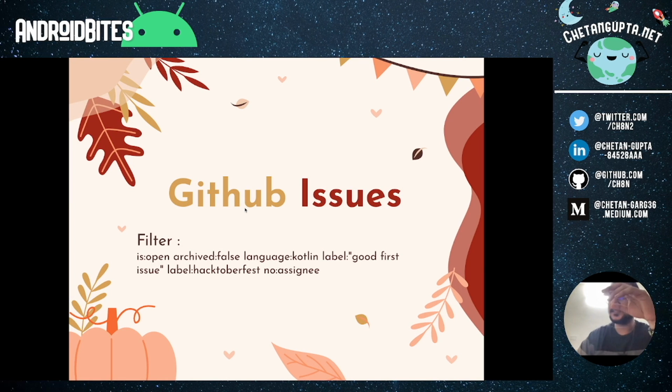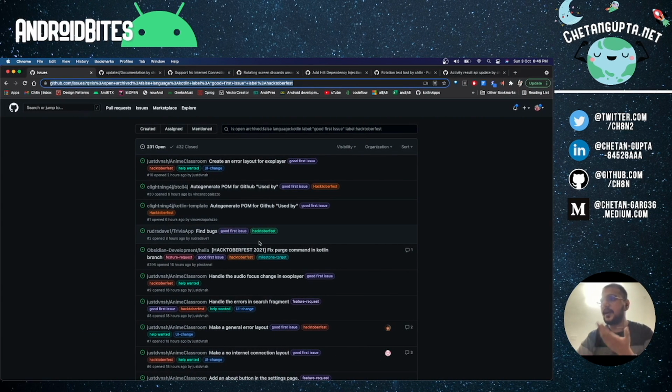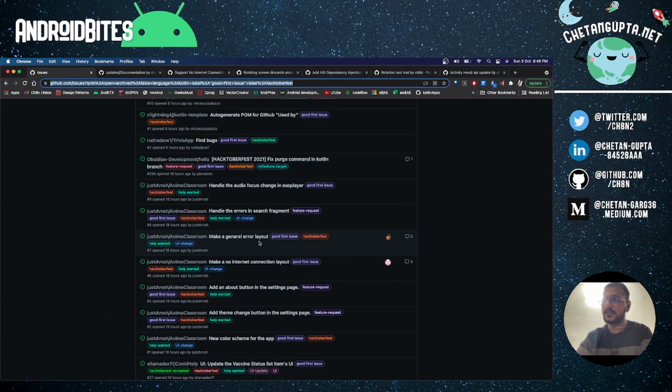So this was the last technique I've been using for the last 3 years to hunt issues, right? But even if you get the issue in your hand, it is very essential for you to be able to understand how to select that repository. If you can see, I'm getting 100 plus projects in here, right? How should I decide whether I should be contributing to them or not?